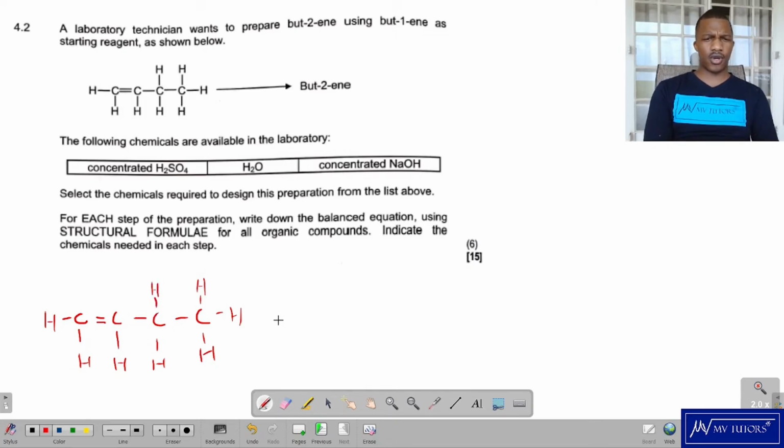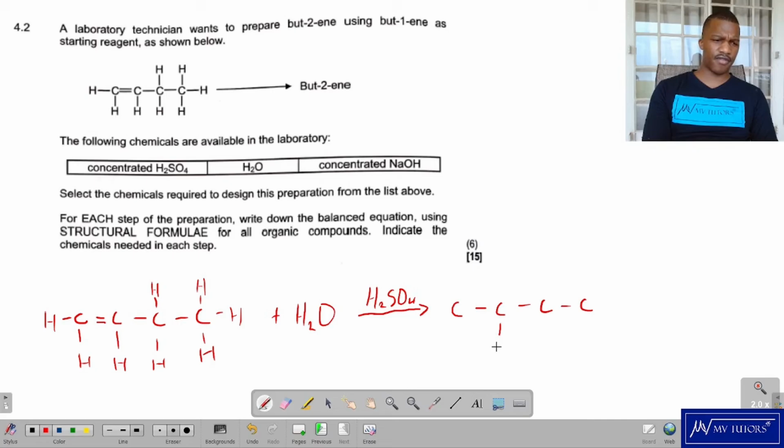Okay, so what we're gonna do, we'll start off with water, H2O, and then we'll do this in the presence of H2SO4 as a catalyst. And then what's gonna happen is that this now is going to become a C, because H2O is coming with an O. So we still got 4 of these substitution, so we're just gonna add that functional group over the O there,